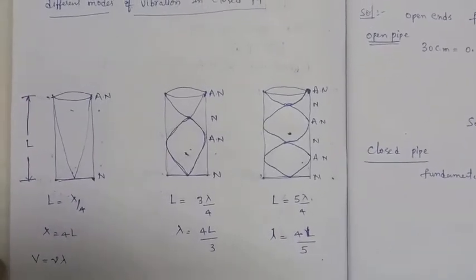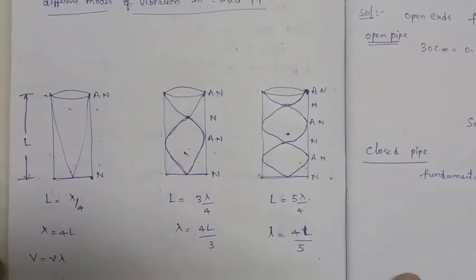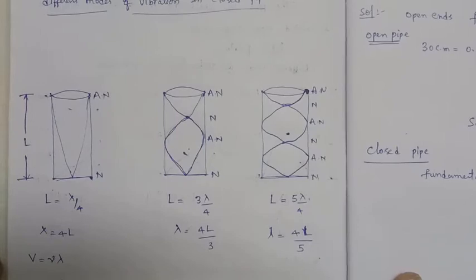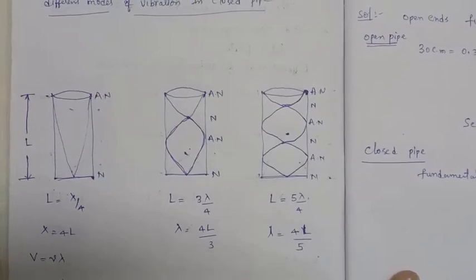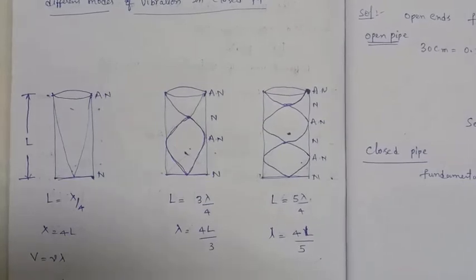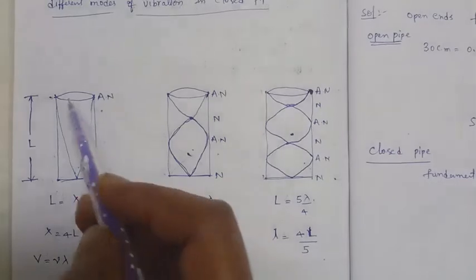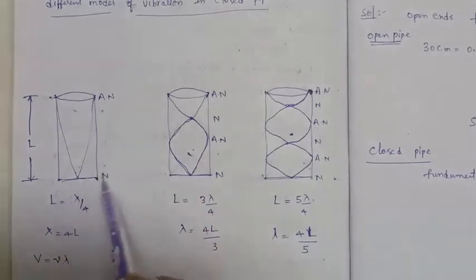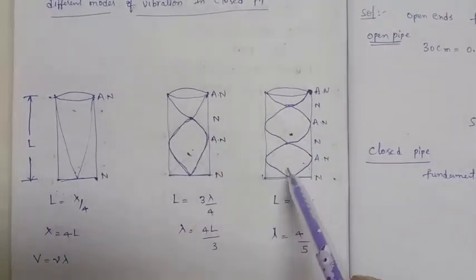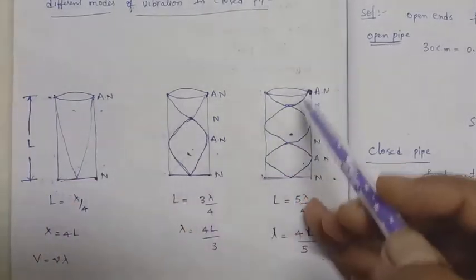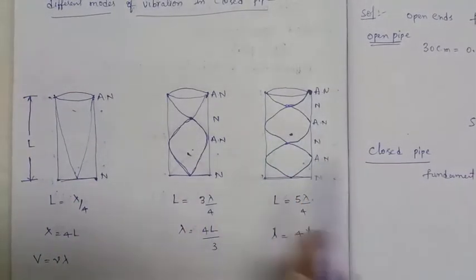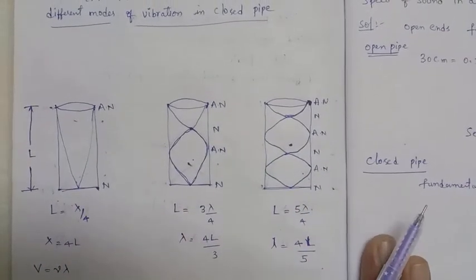For this you have one experiment, in which you have to determine the velocity of the sound and also the unknown frequency. So one of the experiments in your lab is based on this. Now we'll go for that. So here this end will be open and this end will be closed. Open, closed, open, closed. All these have the same length, but in them we now discuss different modes of vibration.